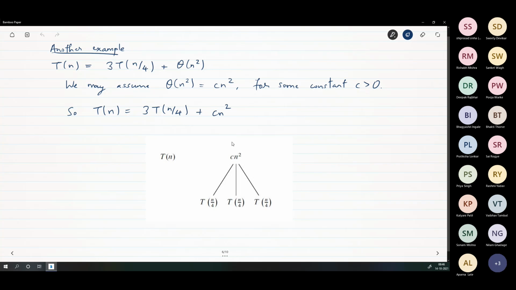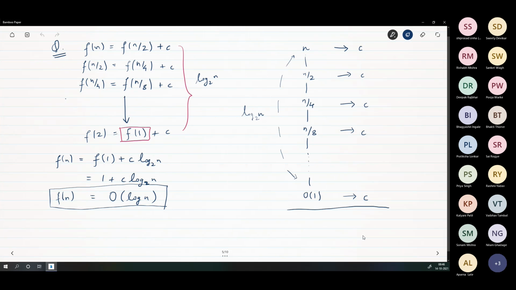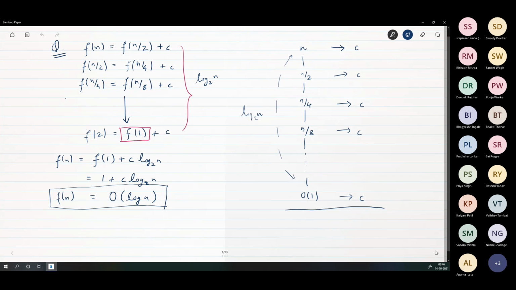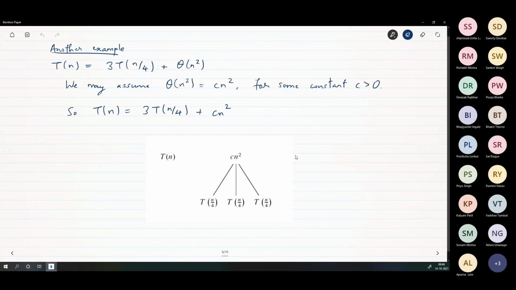Okay. So now how do you solve? Now the same way. You started with n by 2 and so on, right? So first you start with t of n. There is just a small change here than the previous diagram that I drew. The change is the following. Instead of writing the cost on the right hand side, I'm writing the cost at the vertex itself, at the place itself.